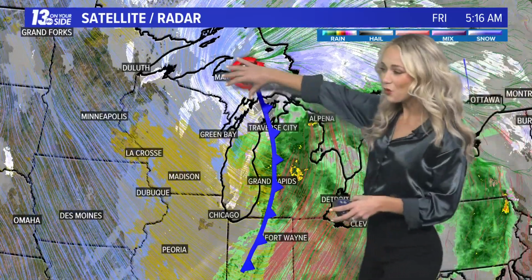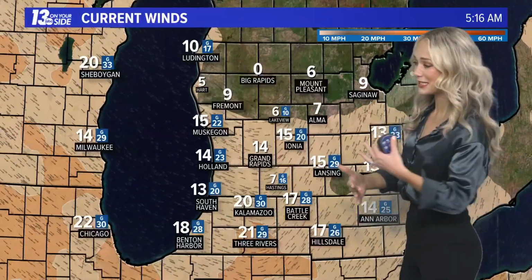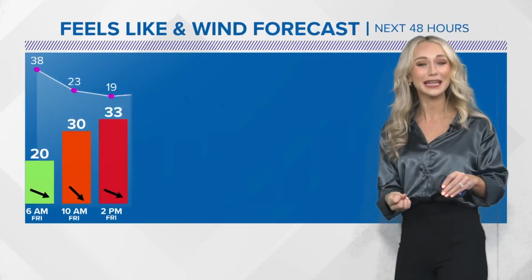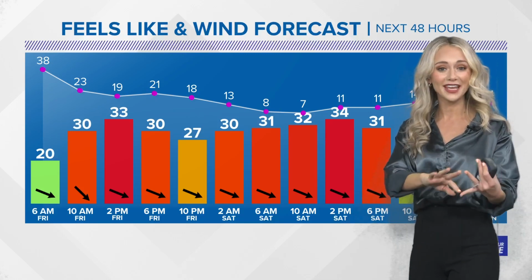Now you can see the winds really driving down behind the low pressure system. That's going to work in much colder air, but also very breezy conditions. We're already starting to see the winds cranking up across the area. Right now they're sustained at about 15 miles per hour, gusting near 23 miles per hour. On top of needing the umbrella, you might need to hold on a little extra tight to it or it may fly away. We're going to continue to see winds gusting near 35 miles per hour both today and tomorrow,